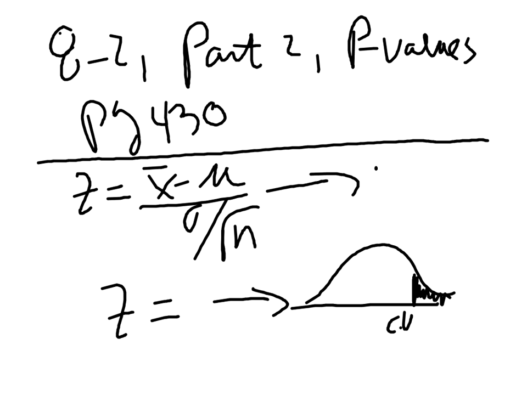Now, if this represents a critical value of 0.05, we know that there's a cutoff with 0.05 for this right-tail test, and you may or may not recall that for 0.05 that value is 1.65. Well, we know that if we got a z-value less than 1.65, that we would not reject the null